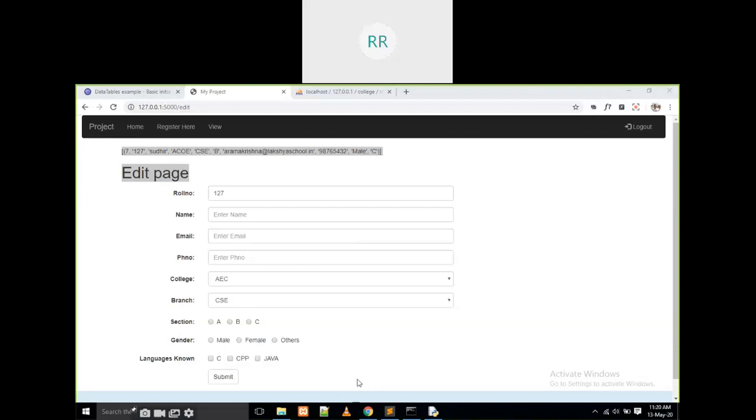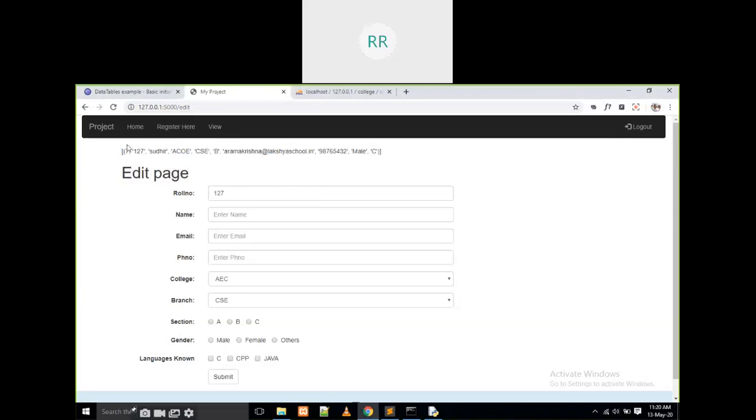Not all the fields. I am going to display all the fields, but you modify whatever you want. There is no need to change all the values. I am going to display all the values. That's it, and it is coming.